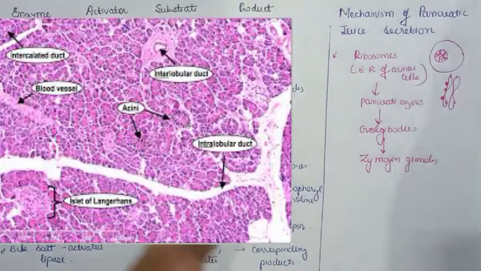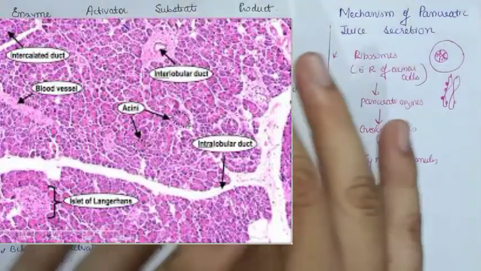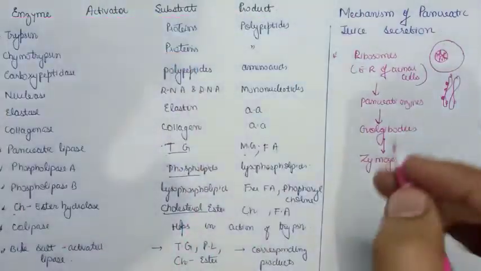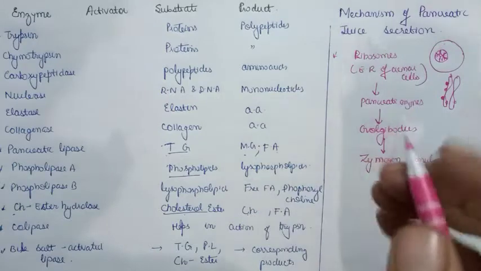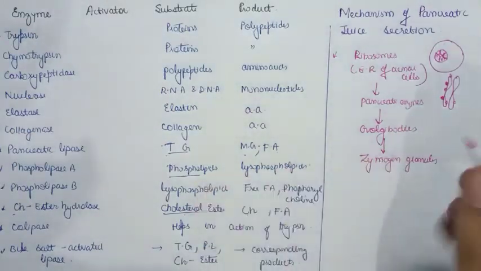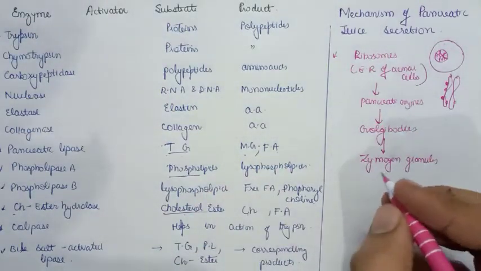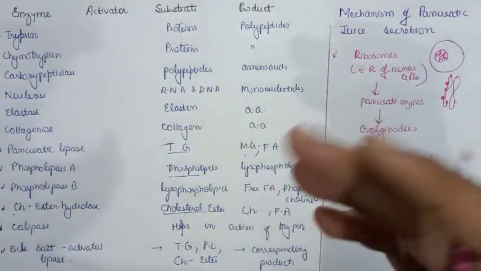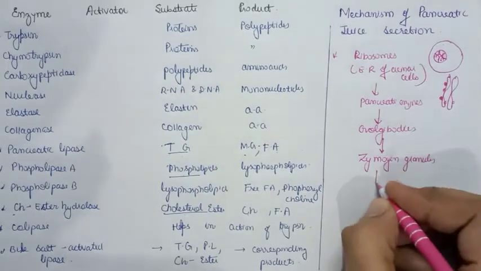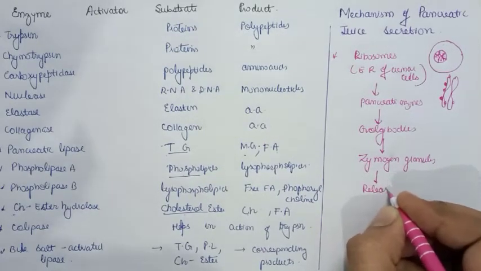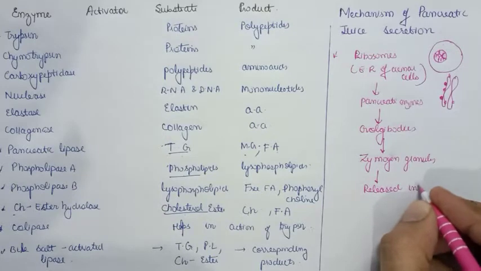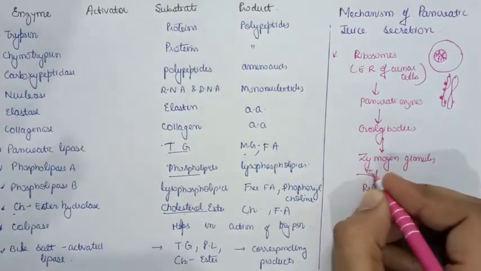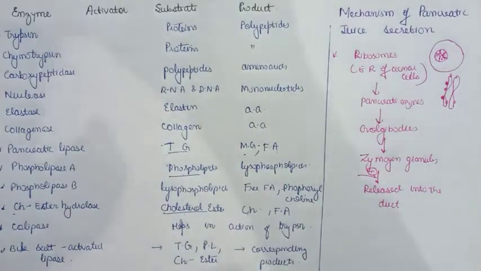If you look at the histology of the pancreas, you can easily distinguish the islets of Langerhans and the acinar part, or the alveoli part, consisting of the zymogen granules in the acinar cells. Then they secrete the enzymes stored in the zymogen granules, and as per requirement, or as per the activation of the pancreas by the sympathetic and the parasympathetic supply, these are released into the duct. After stimulation, they are released accordingly.